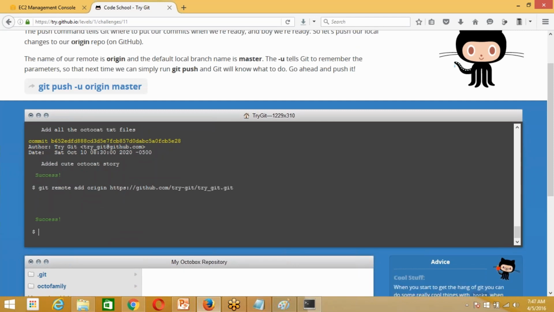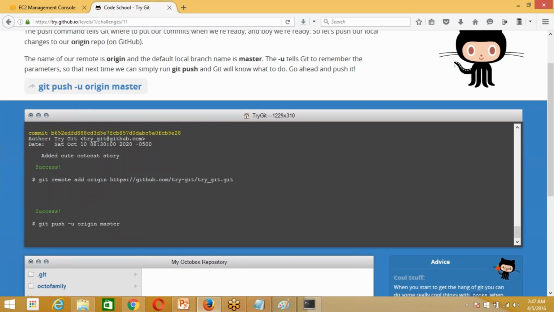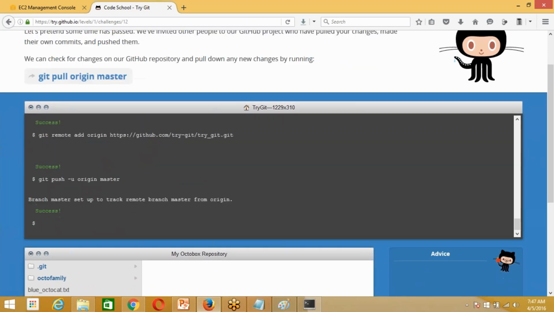Now git push -u origin master. We are setting up a branch to track the remote branch master as origin.